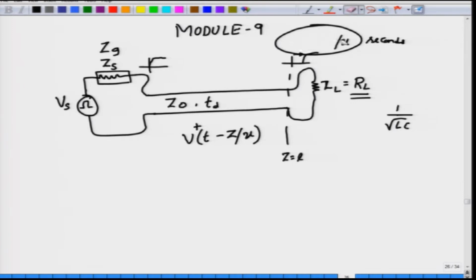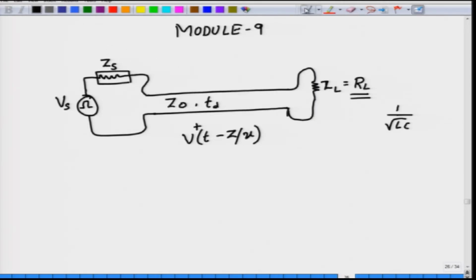Okay. Now, we are not going to consider infinitely long transmission lines, we will consider finite length transmission lines. Okay. And what we are interested in for these finite length transmission lines is the waveform on the transmission line at the load or at the source or at any point along the transmission line. Okay. At the load you are definitely interested, because that voltage is the one that would be delivered to the load, but you are also interested in the voltages that would normally come back. If at all there is a mismatch, then the wave would come back, voltages and currents both will come back, and by monitoring this voltage at the